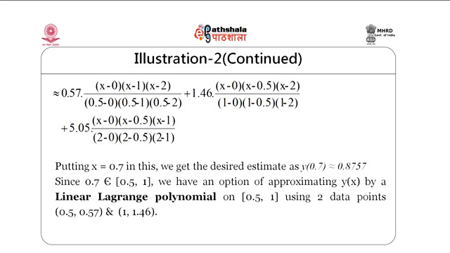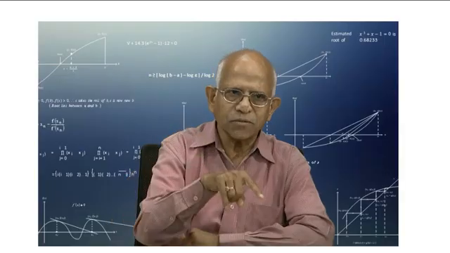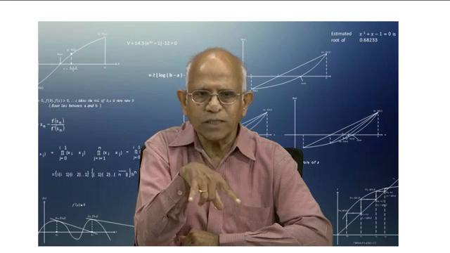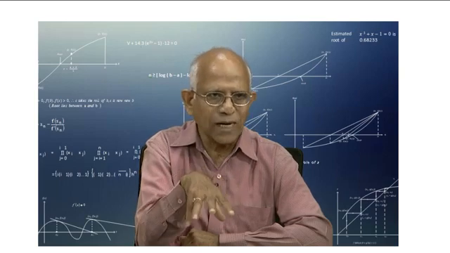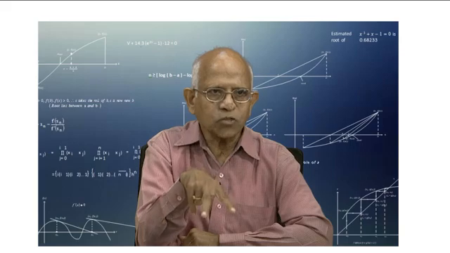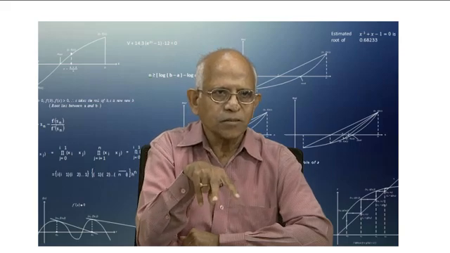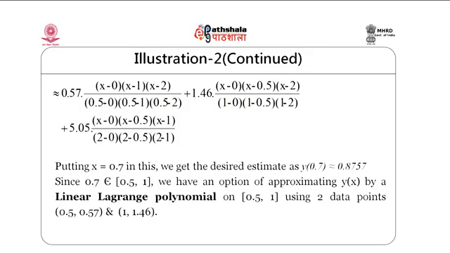So, observe that 0.7 is lying in 0 to 2 as well as lying in 0.5 to 1, and because now in 0.5 to 1, in this interval we have got only two values, we can approximate it by a linear polynomial interpolation, linear Lagrange interpolation, a polynomial on this interval 0.5 to 1 using two data points,